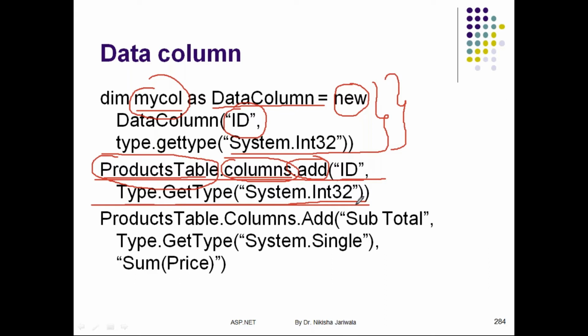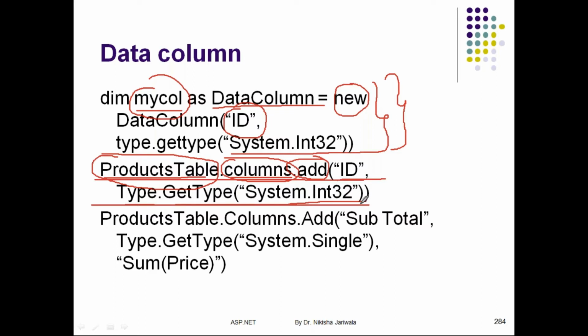We know that over here we need to specify the data type which is specific to the .NET Framework, and we have already studied that the data types of the .NET Framework are present in the System namespace, right? It is like System.Int32, Int16, Int64, Single, Double, right? So over here I want to specify that the data type of this ID column is Int32. So I have used System.Int32, right?